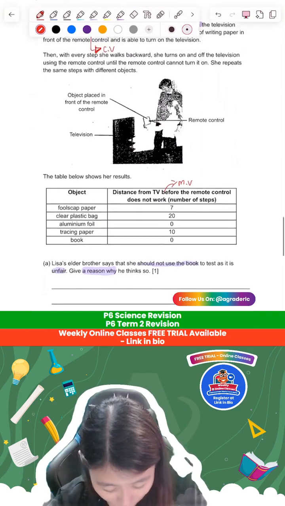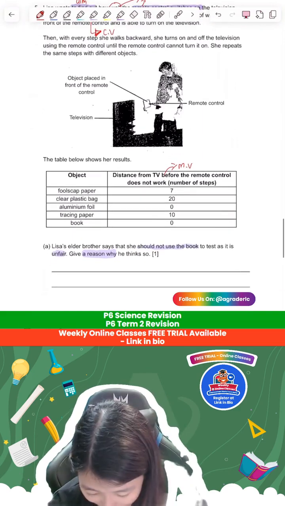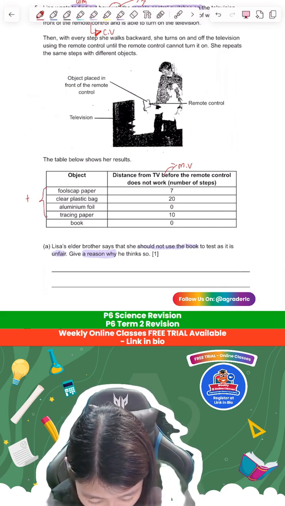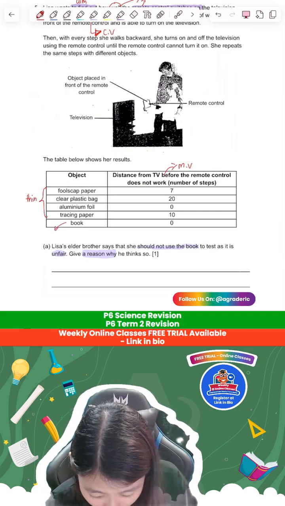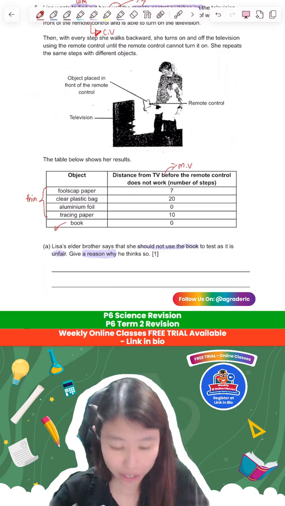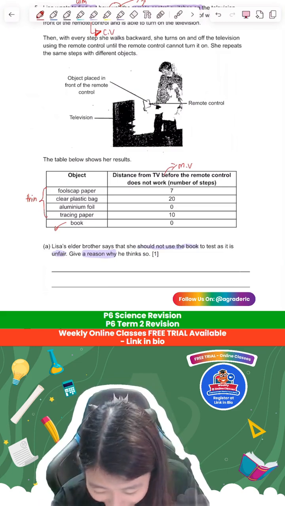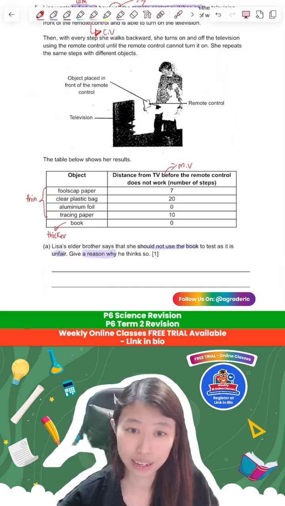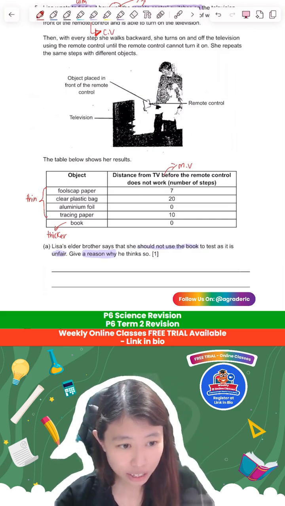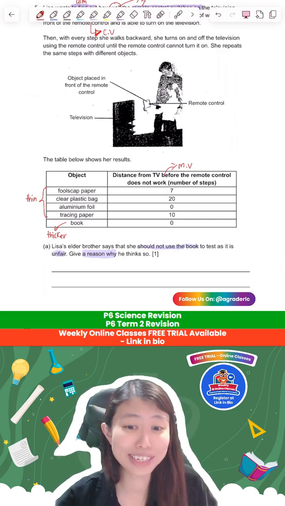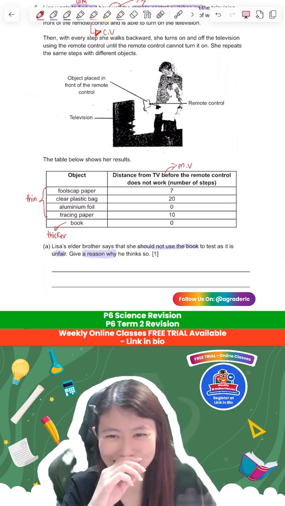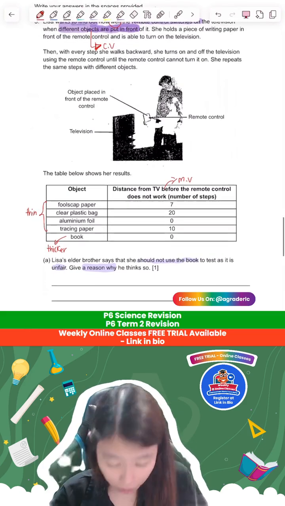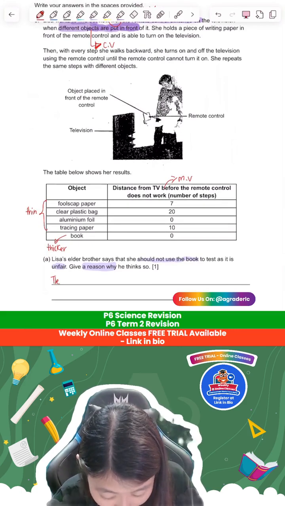So the correct answer is, these are considered thin, but books are made up of many pages, though I have never seen a book with only one page of paper. So it is considered thicker. Thin, but not as thin as one page. So over here, why he thinks so is because the thickness,